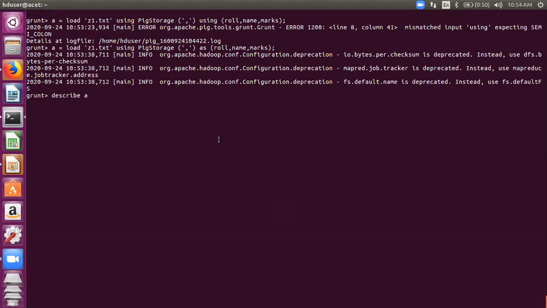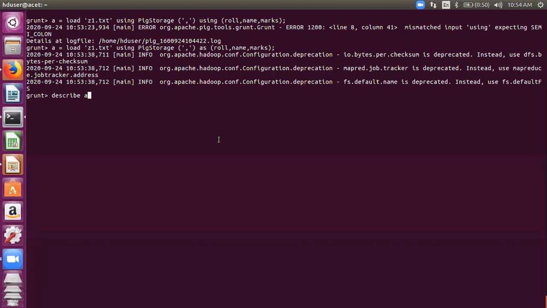What is the output here, Yash? Sir, it has 3 columns, so it will display roll number, name, and marks. Will it display the data or something else?